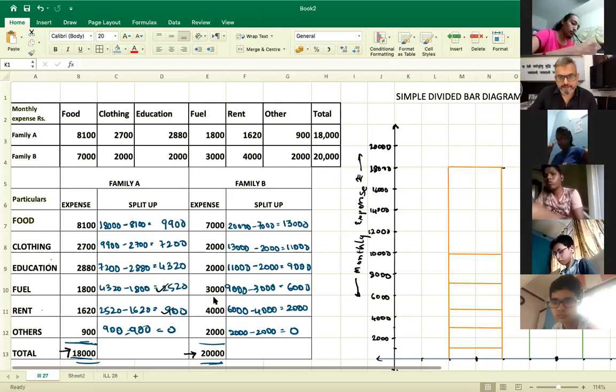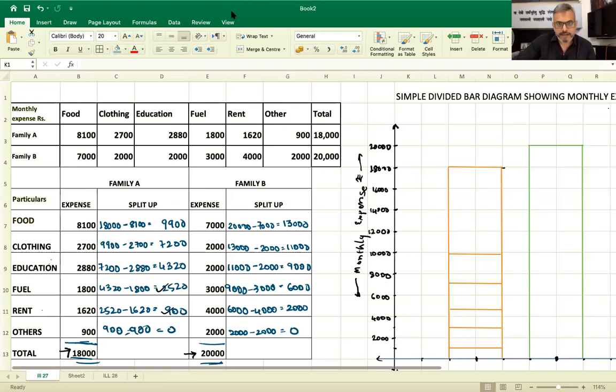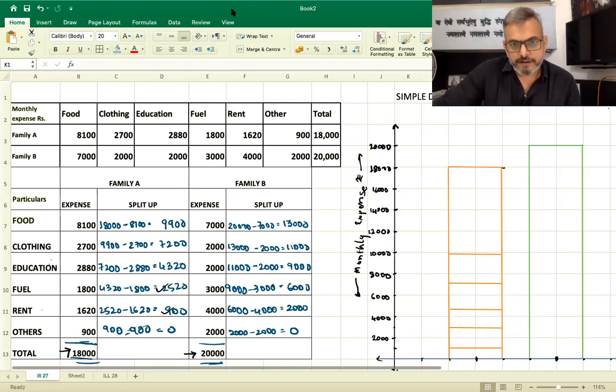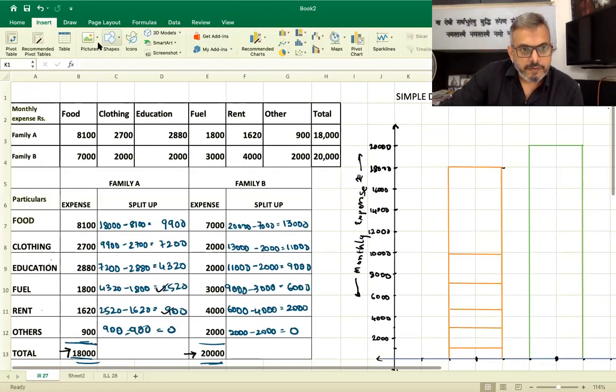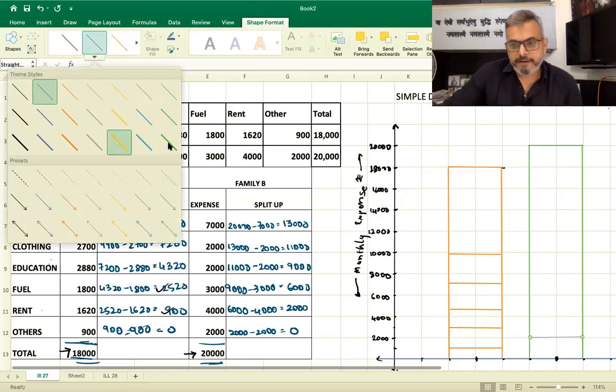स्प्लिटअप पता चला सबको कैसे प्लेस करना है? ओके, अब हम दूसरा स्प्लिटअप पहले कर लेते हैं, फैमिली बी का, और फिर हम डायग्राम्स और ड्राइंग बनाने की ओर बढ़ेंगे। अब यहाँ पे हम 2000 से स्टार्ट करते हैं। 2000 पे हम अपना पहला डिविजन बनाते हैं। ये जीरो है, जीरो के बाद 2000। तो 2000 पे हम पहला डिविजन बनाते हैं।